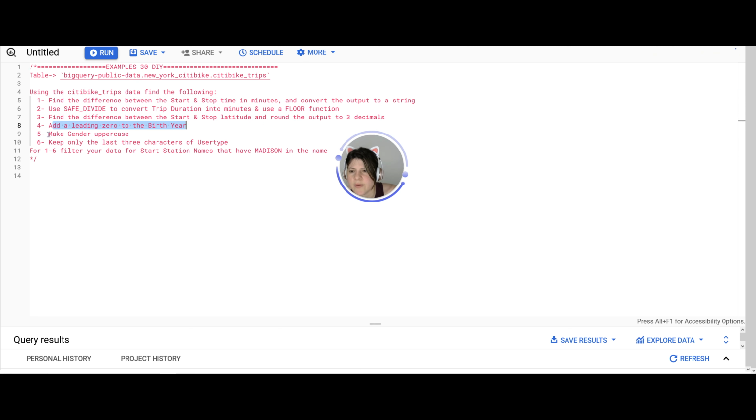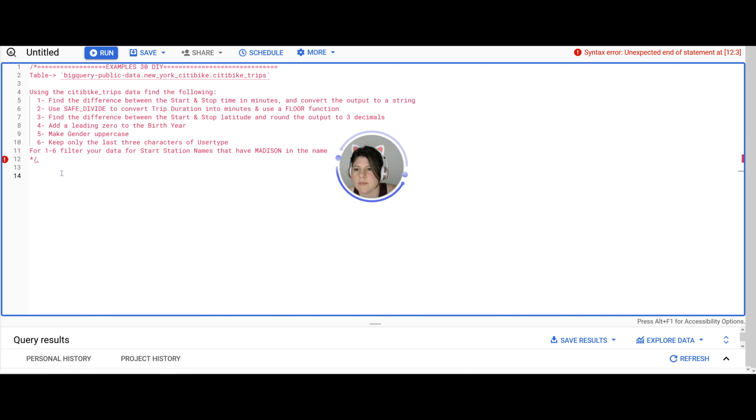Add a leading 0 to birth year. Make gender uppercase. Keep only the last 3 characters of user type. And for all of these, we're going to filter our data for start station name that has Madison somewhere in it. Okay, so let's start with select from